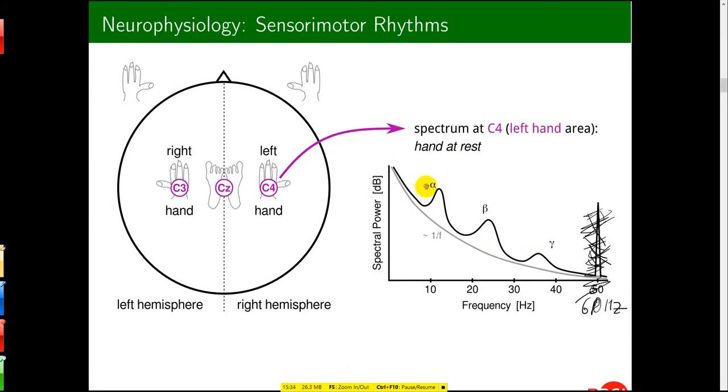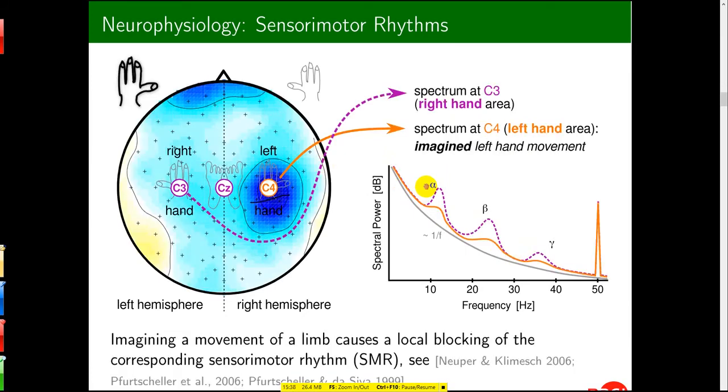Synchronous brain activities, spectral power, right? And when you just think about moving your right hand, what happens? You see the difference? In the time domain, we have seen that. Yeah, how it looks in the frequency domain is the spectral power of the signal decreases,